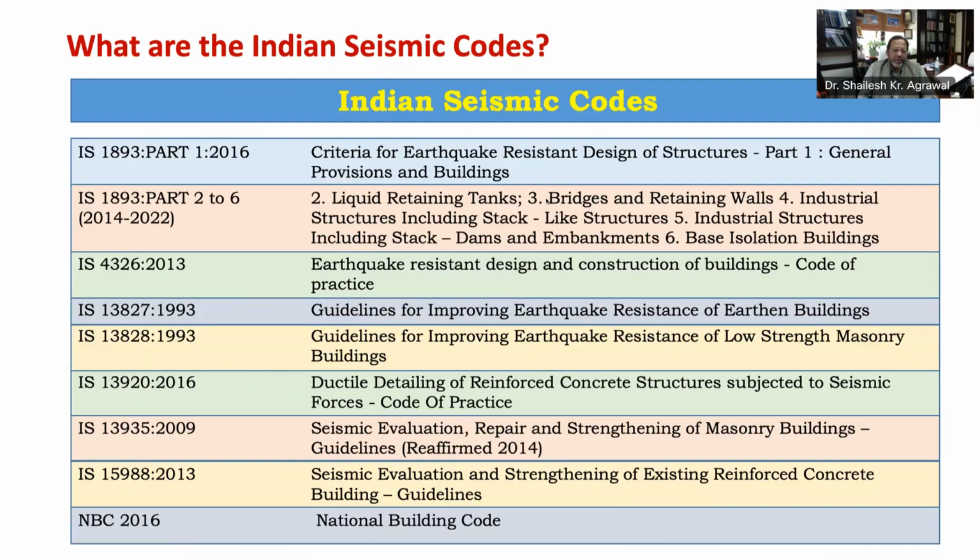Let me also tell you here that the stipulations given in these codes or standards, which I will be explaining in detail, do not ensure that structures suffer no damage during earthquakes of all magnitudes. Remember the tip on earthquake design philosophies: to the extent possible, codes ensure that the structures are able to respond to earthquake shaking of moderate intensity without structural damage and of heavy intensity without total collapse. Now let me explain all these codes one by one.